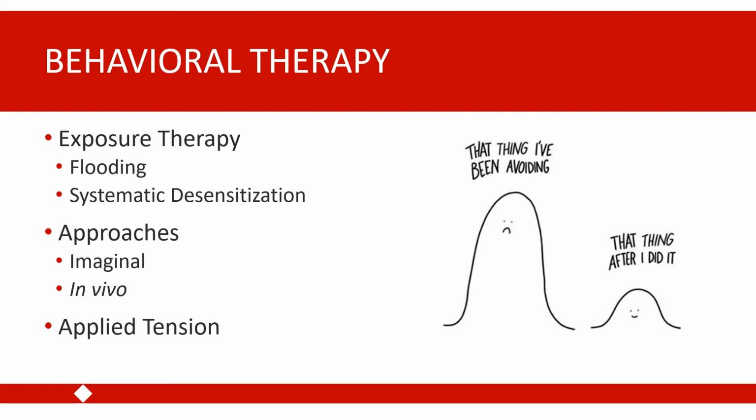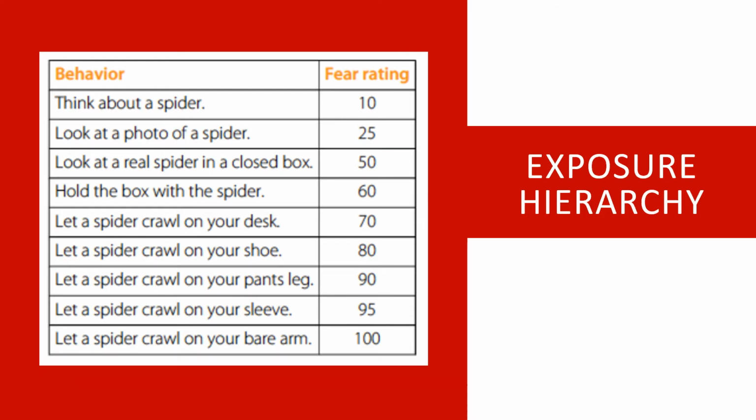An important component of this, you'll have your patients take their hands and just clench them repeatedly to bring their blood pressure up and increase that muscle tension. And applied tension can be used very effectively. Often it takes only 1 or 2 sessions to teach individuals how to use these behavioral strategies to keep their blood pressure up and to avoid this conditioned response where they have that drop in blood pressure and experience that fainting when they are presented with their phobic stimulus.